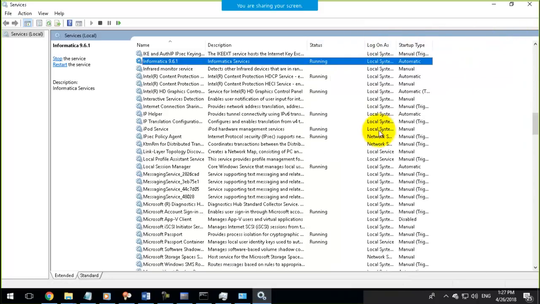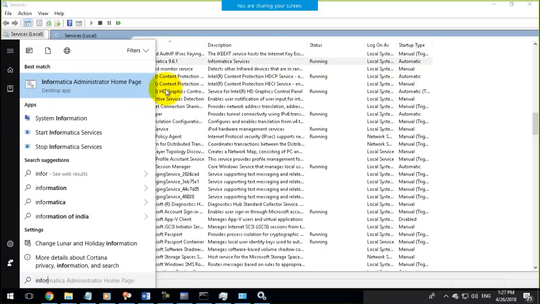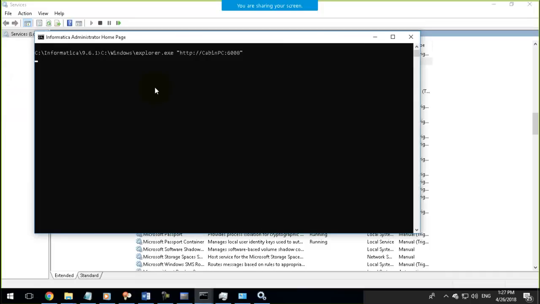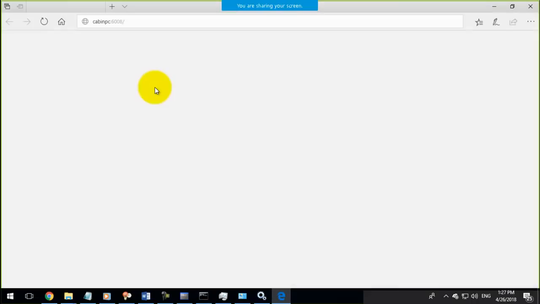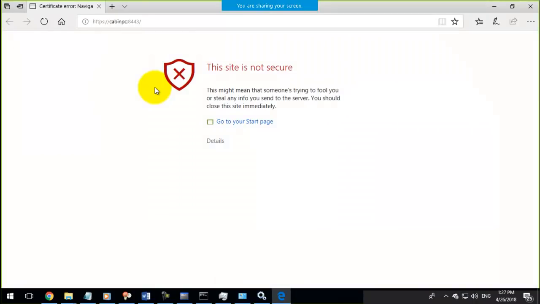And the next is how can we open this service, how can we view the service within the browser. So just search for the Informatica, and this is the tab which is showing that this application is installed on my system. It's Informatica Administrator homepage. Just click once, and after this within the default browser, or if you want you can open it within the Chrome or within the